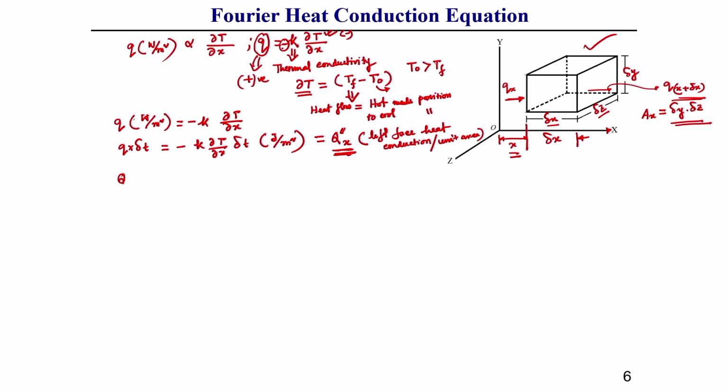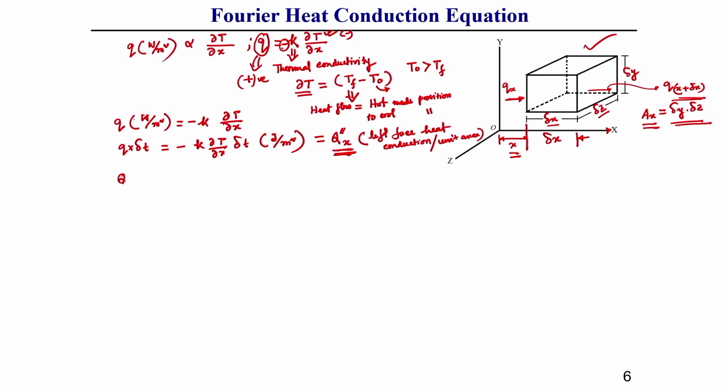Now, you know this heat is generally flowing over this left side phase, and a cross sectional area is there. So, if this cross sectional area is there, then what should be the total heat? So, here I am writing the heat flow in this left side phase due to this total area will be generally q double dot x into A x. This much heat will be entering in the left side phase.